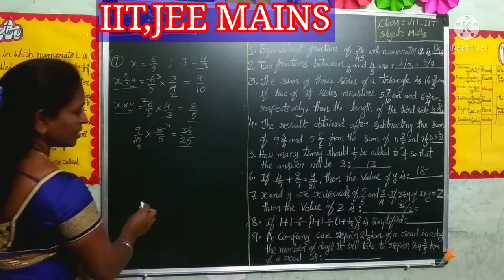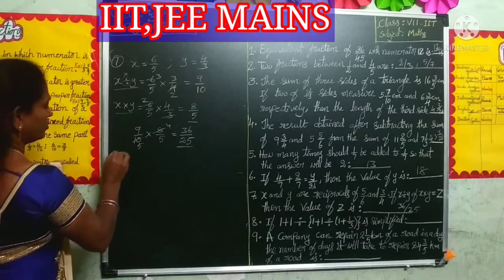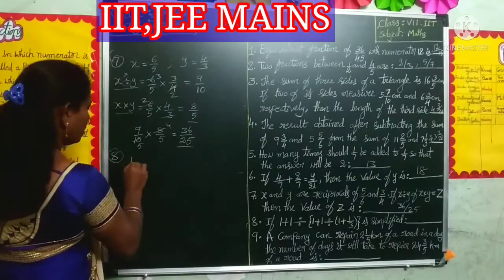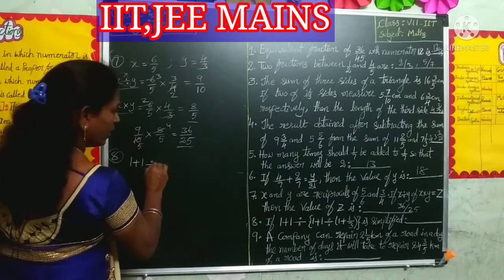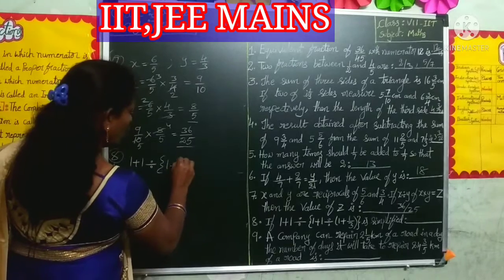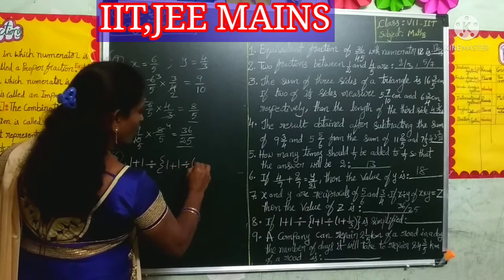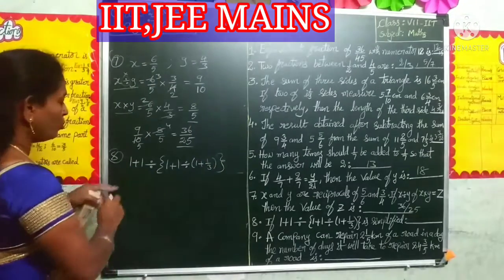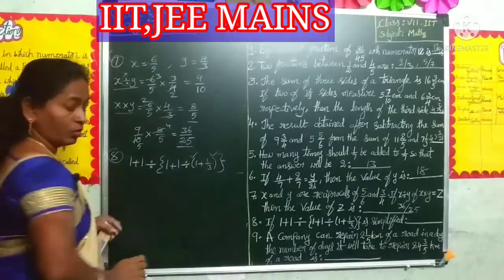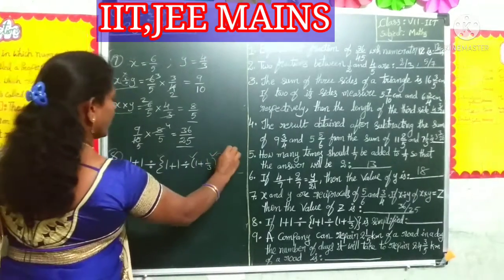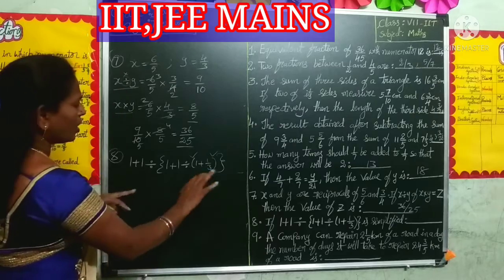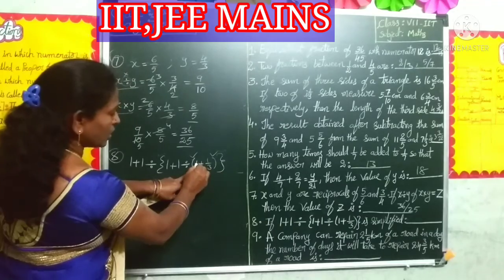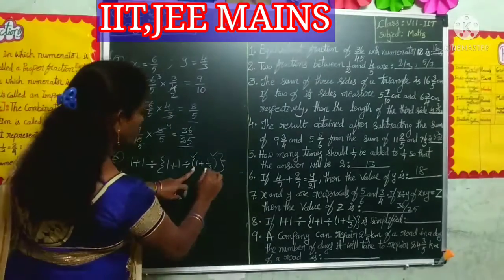Okay, and next eighth one. What is that? Observe here, this is BODMAS rule: 1 plus 1 divided by the set of 1 plus 1 divided by 1 plus 1 by 3. So simplify this. First BODMAS rule, remove the round bracket first, next remove the flower bracket. Don't do the regular method, here this is different. First we have to do this: 3 ones are 3, 3 plus 1 is 4, so 4 by 3, and remove.